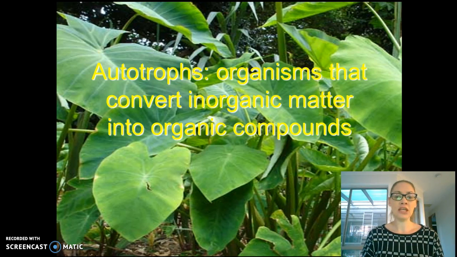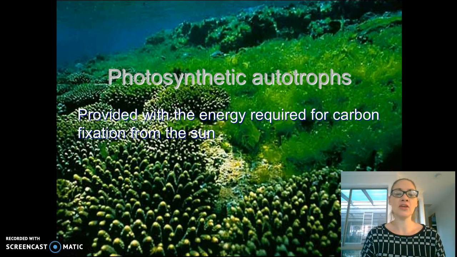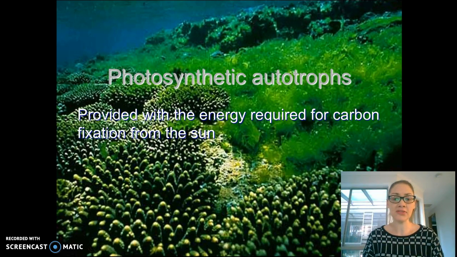So organisms that convert inorganic matter, so if something is inorganic, there is no carbon bonded to hydrogen, into organic compounds. The most commonly known organic compound for you at this point would be glucose. So a photosynthetic autotroph. Photo is light, synthetic or synthesis is to make. So it's provided with the energy from the sun that's required for carbon fixation. Carbon fixation is where we change one form of carbon into another. So in photosynthesis, it's changing carbon dioxide, with the help of a few other things obviously, into glucose